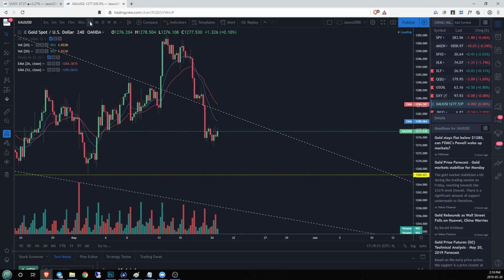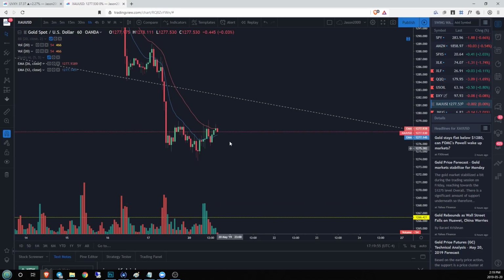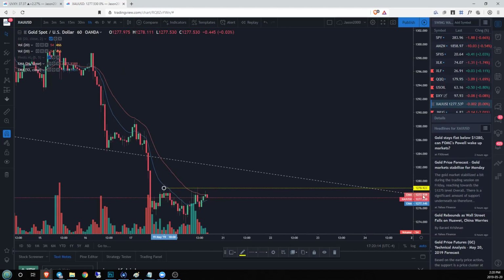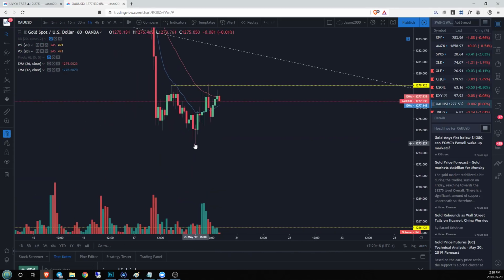So to do that, let's take a look at the hourly time frame and see what's going to happen. A lot of this action has happened in the last day, and what we need to look for are some key levels to establish some ranges and see what directions we could possibly look at. So right now I'm looking for potential tops, so I'm going to grab this. I see that I've got a little bit of a zone of resistance here, so that is going to be important for me. Let's zoom in on that a little bit, make it a little bit easier to see. And my extreme range to the downside here,